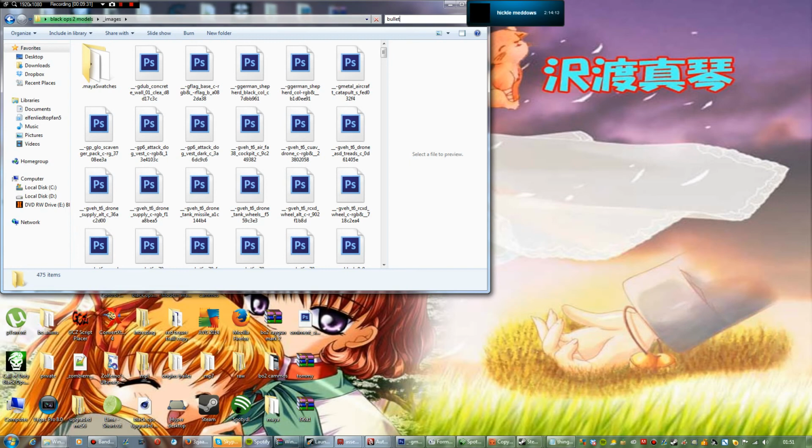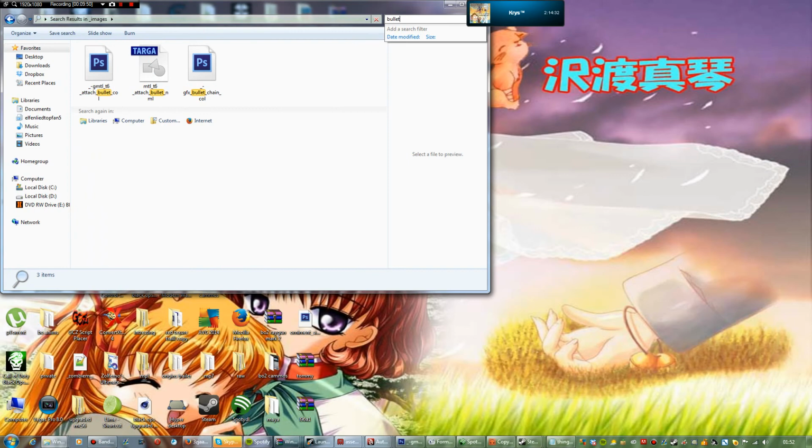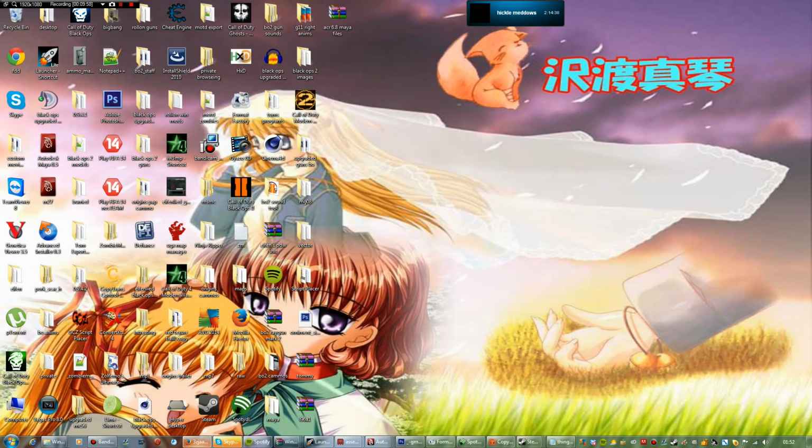Otherwise, if you apply it with the normal texture, it looks crap in game. So when you pull out the mag, you just have a grey bullet. And bullets aren't grey; they're goldy colour, hence the reason why we use the attach bullet, which we need to find. There we are, attach bullet, which should be this one, attach bullet col for the colour map. Copy that and then go into